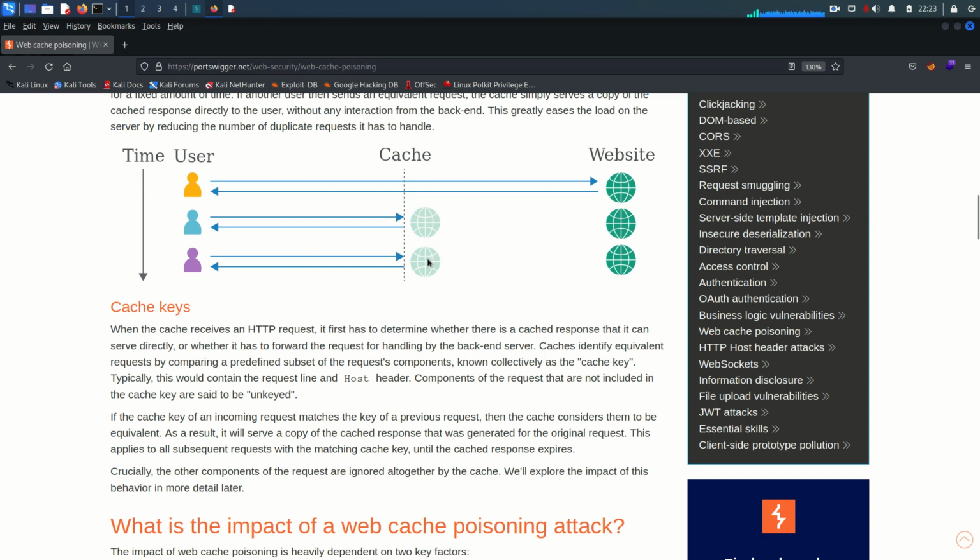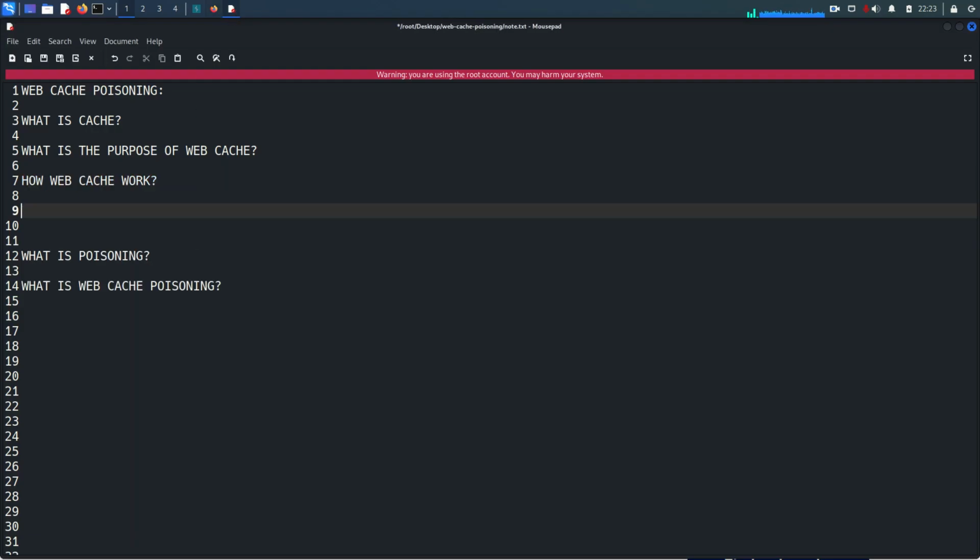So these parameters with which a cache identifies the request are known as keyed cache, and the rest of the headers are known as unkeyed cache. I will show you here. Whenever we capture a request in Burp Suite, we see something like this,